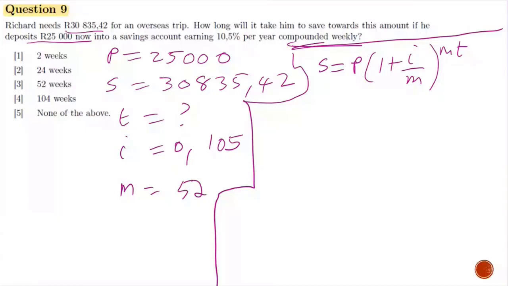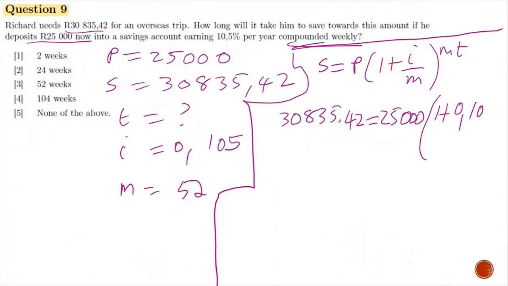What is your S? Your S is 3835,42. What is your P? Is 25,000 into 1 plus 0,105 over 52, to the power 52T, okay? You find that